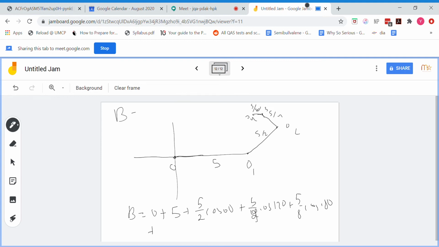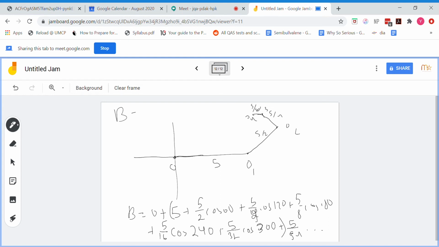Then we add 5/16 times cosine of 240. Then we add 5/32 cosine of 300. And then we add 5/64 cosine of 360. Alright, so finally the pattern has arrived because cosine 360 is now 1. And then if we keep going like this, you can see it's a geometric series